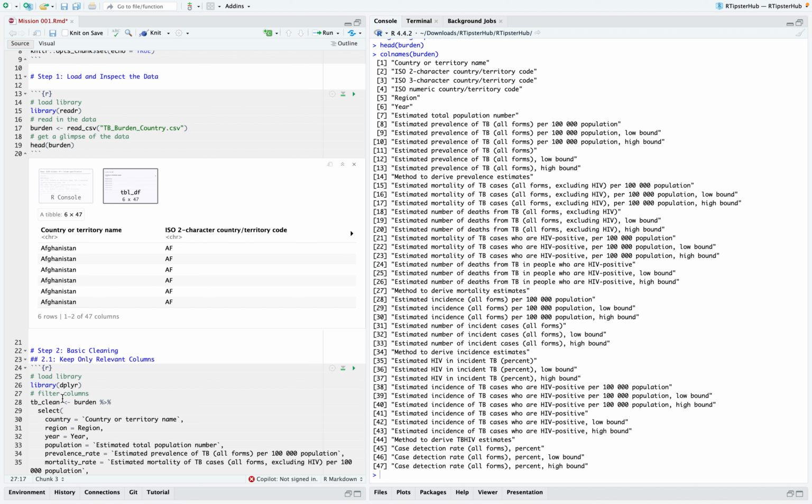We can just keep tb clean. I think it's a better way to name objects in R. So burden, and then we say select, and then we say we are using,